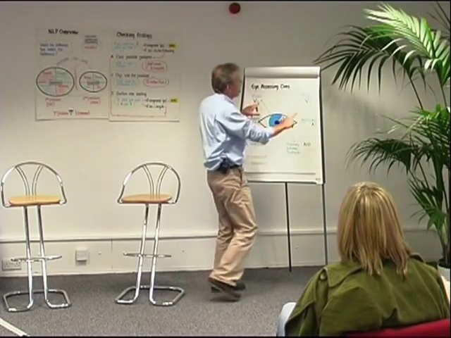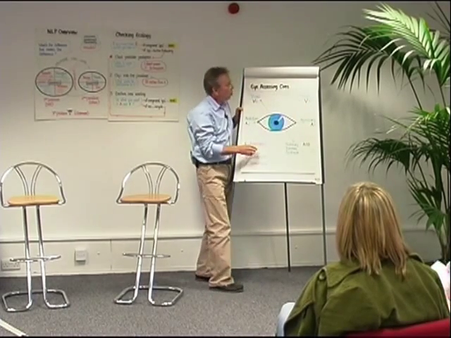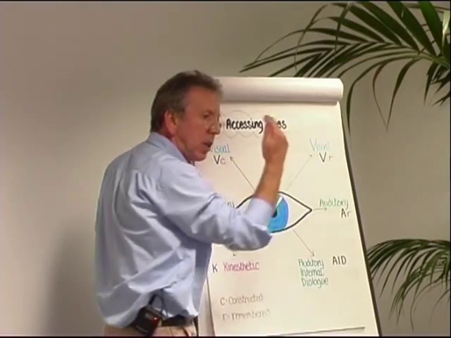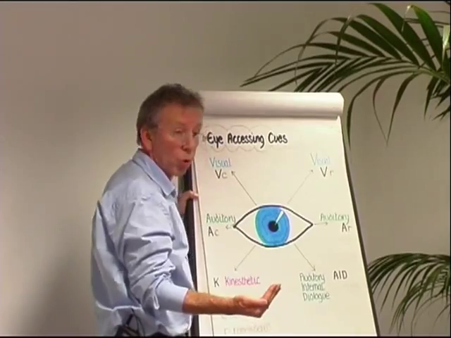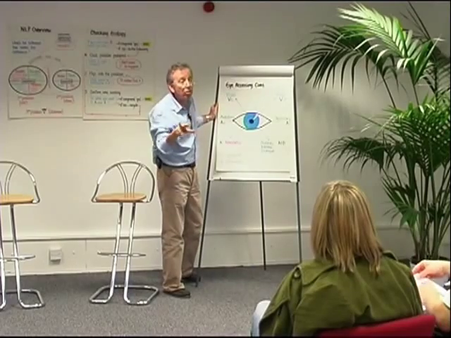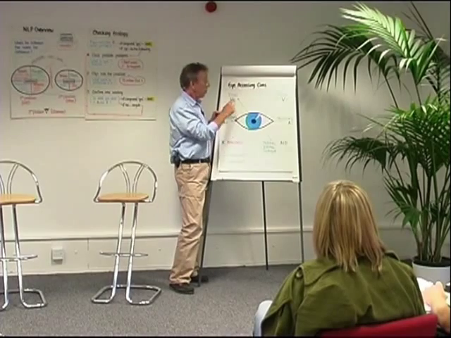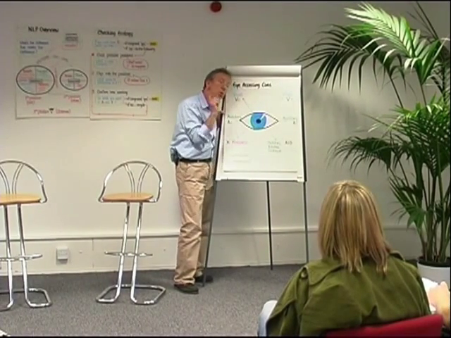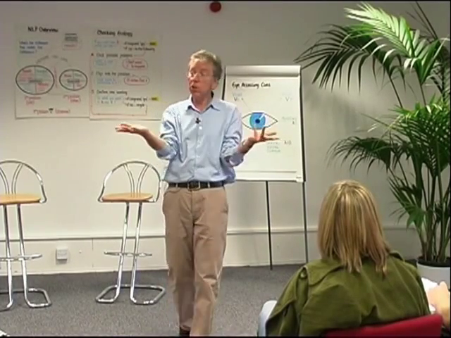And in case you're asking, what are the differences between VC and VR? Well, visual remembered is when you remember seeing something exactly the way you saw it. A lot of animals would do that. Horses have very good visual memory, I'm told, for when they've been somewhere they can remember it spot on. I can't. This is visual construct, and this is something that humans do that most animals are not very good at at all.